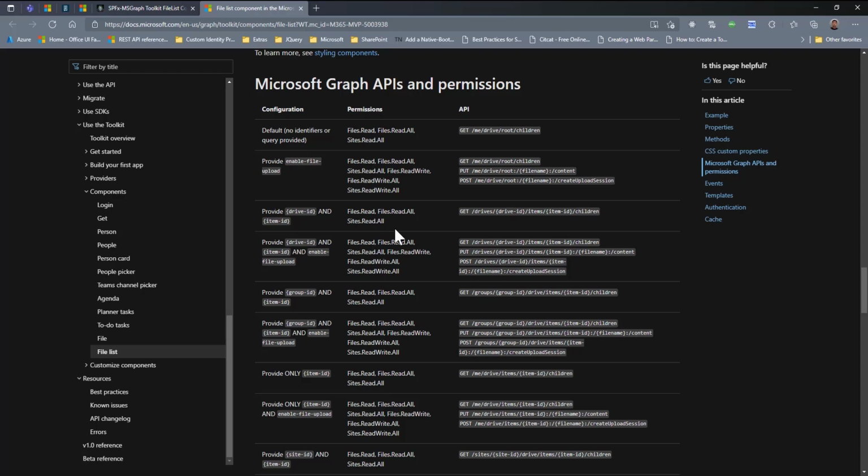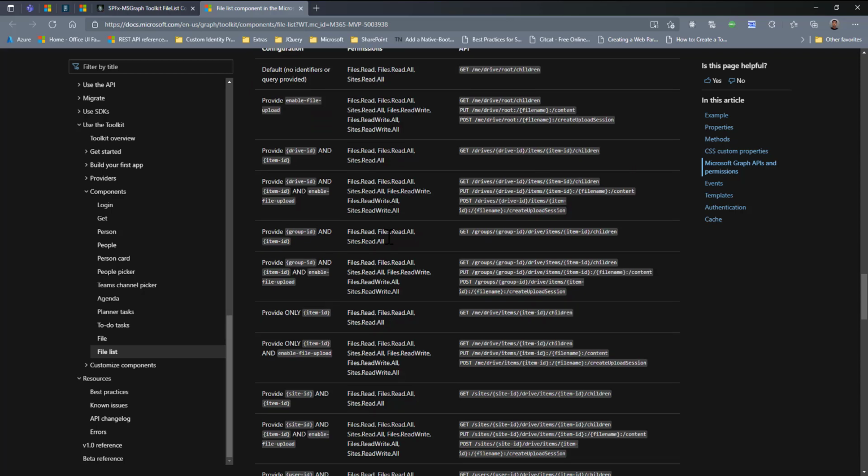But I recommend you give all 3 permissions, because when you are updating your web part in future, now you can just use read, but in future, if you are retrieving or want to upload a file and you have implemented the properties but forgot to mention the permission, then there will be a lot of confusion. To avoid that, there are 3 to 4 permissions required, so better put everything and then upload your component.